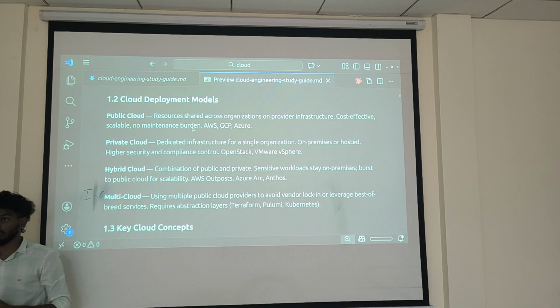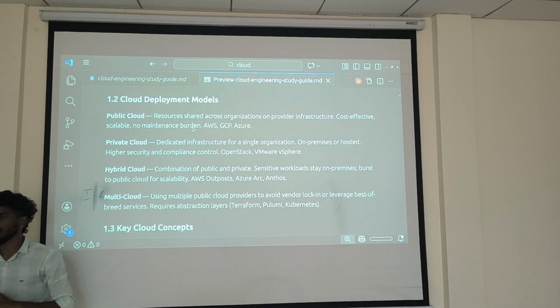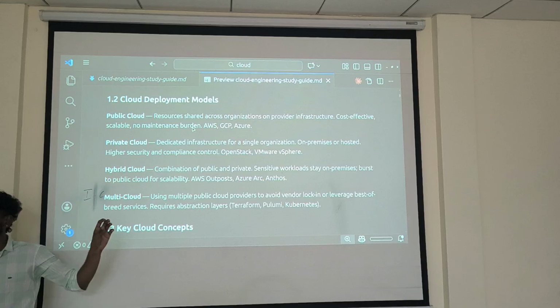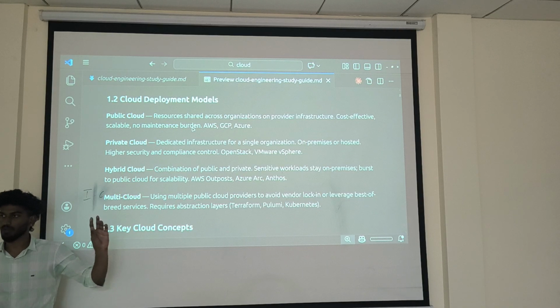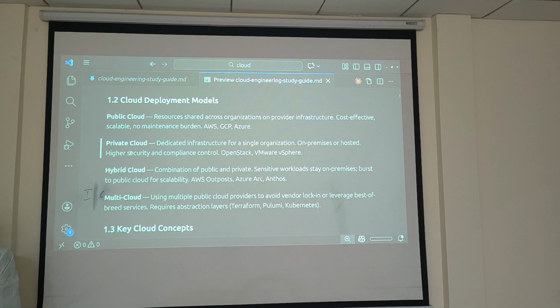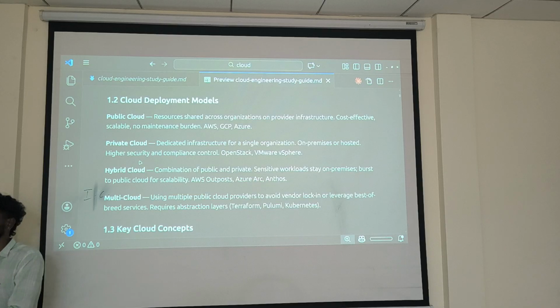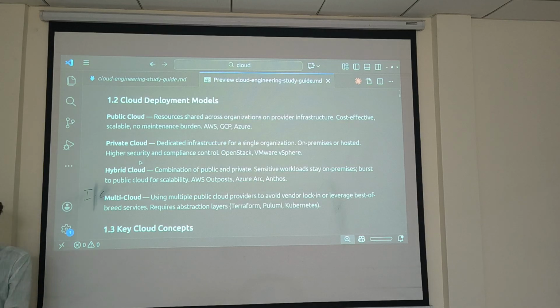If it's a private cloud, it won't be like that. Within the organization, how you are managing: if it's a private cloud, I will take a separate provider for YouTube, a separate provider for WhatsApp, a separate provider for Instagram, like that. Then hybrid means both. Sometimes I manage private, and a few things are public. That is the hybrid mode.